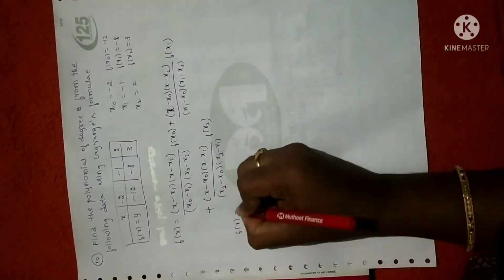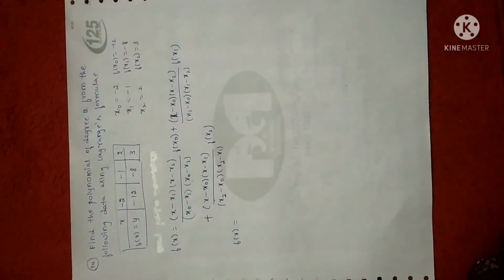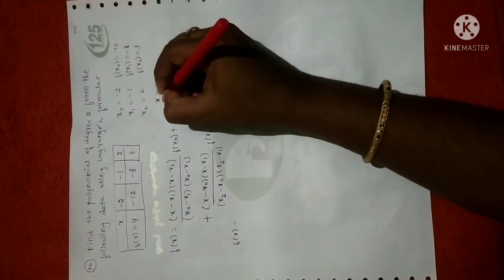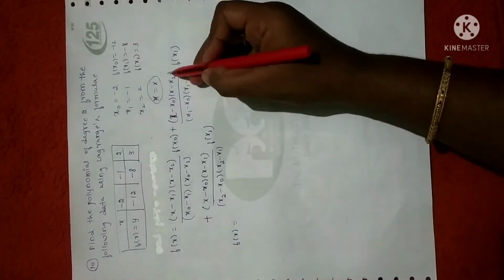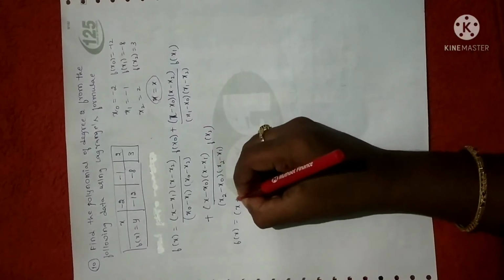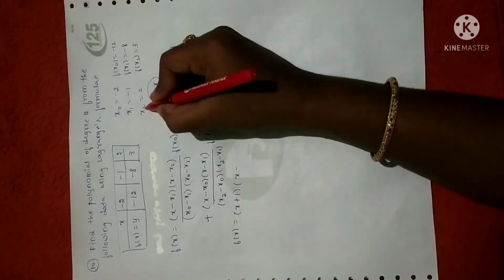So you will get f of x is equal to whatever the values I have written here, you need to substitute the same. Clear? So here also we need to find the polynomial value. So x value will be x only, as I already told you. Whenever you need to find the polynomial value, x value should be the same. So x keep as it is, minus x1 is 1, minus of minus will become plus 1. Next x as it is, minus x2, x2 is 2.